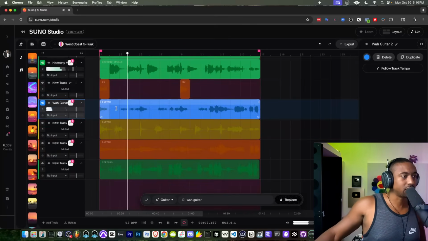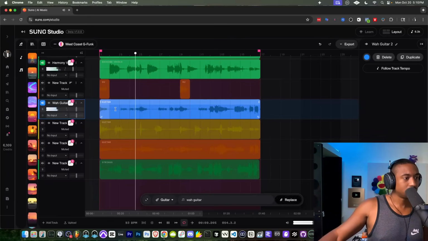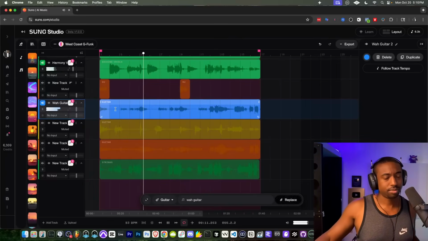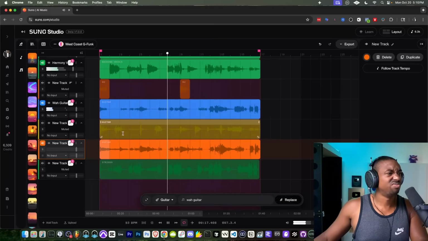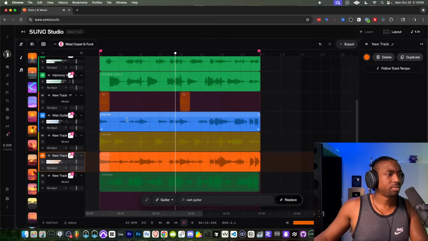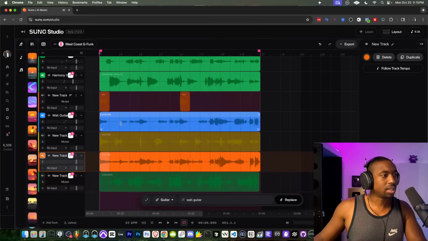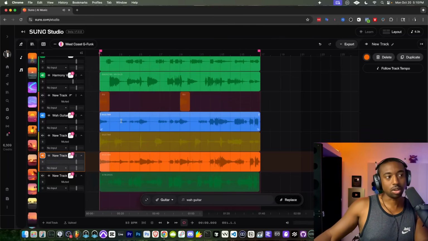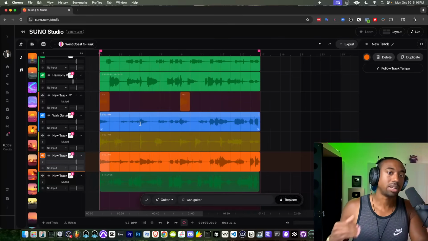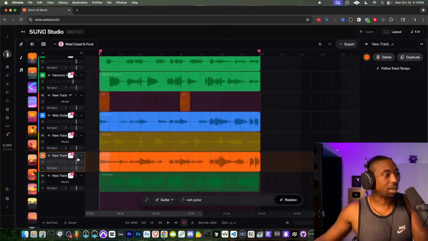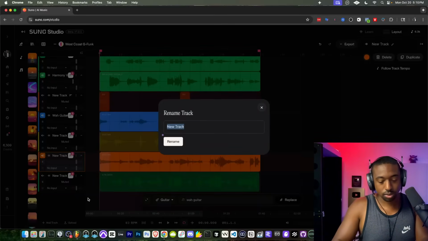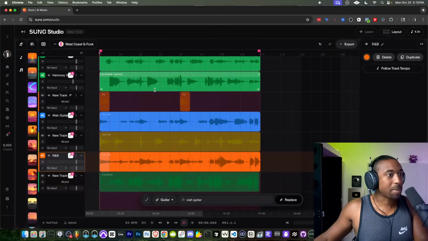I'm satisfied with these guitars. I don't even need to hear the other guitars. Let's hear this R&B guitar. Now I'm going to let this guitar play the rhythmic stuff, but in the DAW, we're actually going to delete this, but I don't want to delete it to where we can't pull it back. So I'm not going to delete that, but I am going to do it in the DAW so that we don't have this sound.